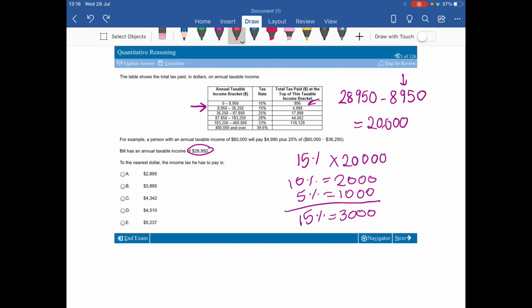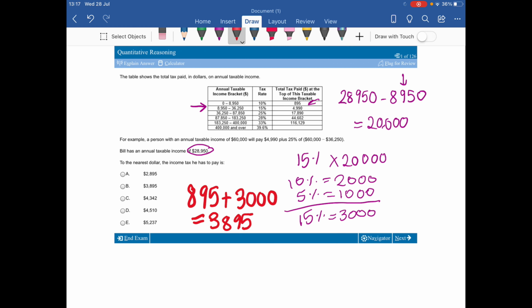So what we tried to find was how much tax Bill would have to pay for that specific bracket. So we know that he's going to pay 895 for the first row, fully, because he has hit the limit, which is 8,950. And then in addition to that 895, he's going to pay this new amount, which is 3,000, which we have worked out for the second row. And if you add that, you get option B,